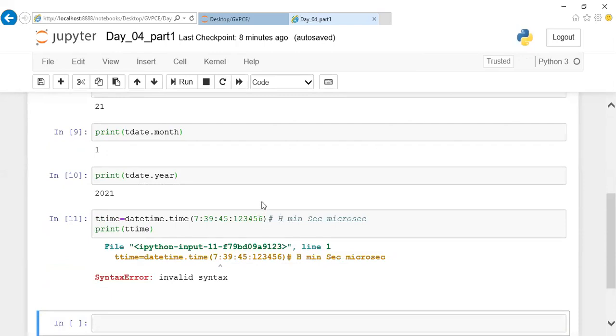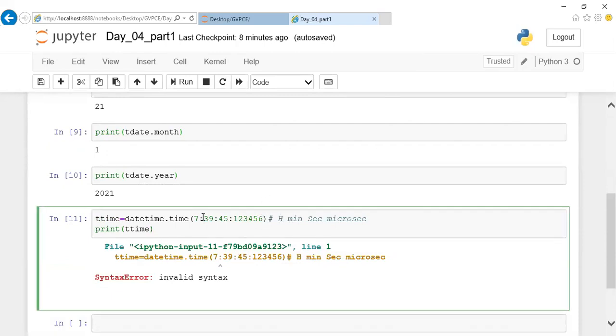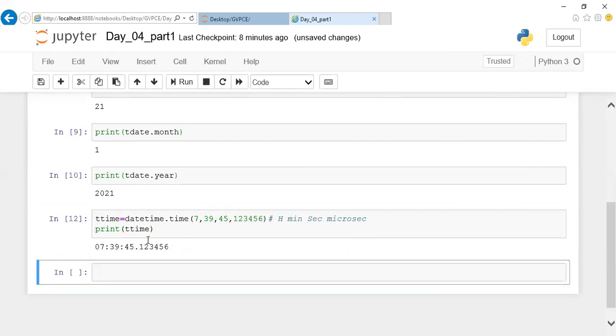Just a minute. Here it should be comma separated, guys. Here you should not give a colon. If you're giving a colon, by default it means that you're passing a time format. So it should be comma separated as you pass for a date function. If you're passing information like this, it will convert to a digital clock.